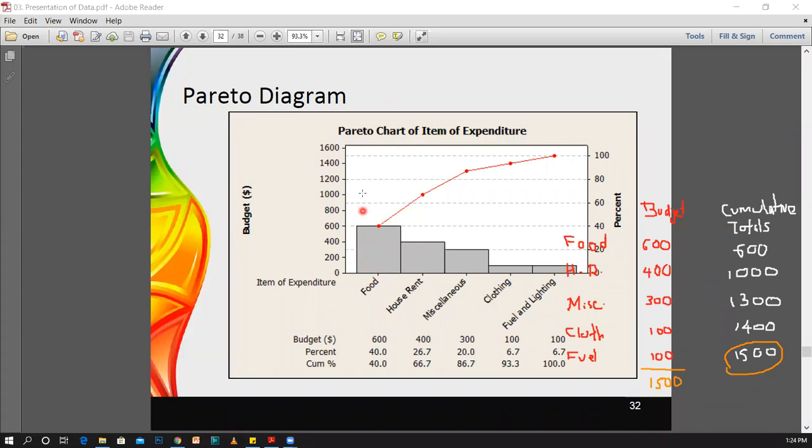When you are drawing this Pareto chart, you have to stick to these rules. The width of the bars should be equal. Height can be changed according to the magnitude. The width of the bars should be equal, and there should not be any spaces between any two bars. Like in the bar chart, we had a space between any two consecutive bars, but in the Pareto diagram, there should not be anything of such form. There should not be any space between any two consecutive bars. And then